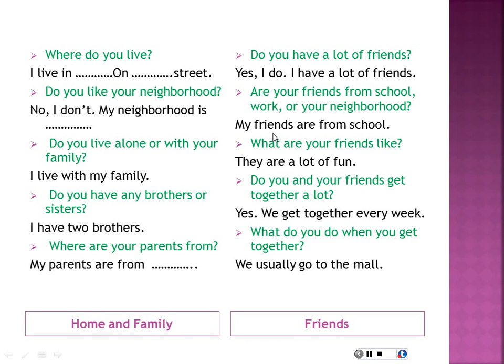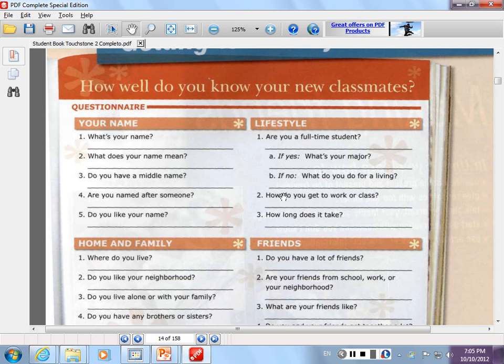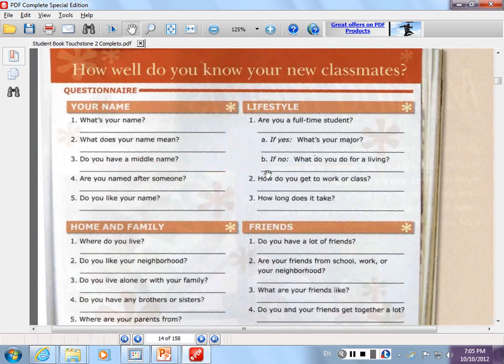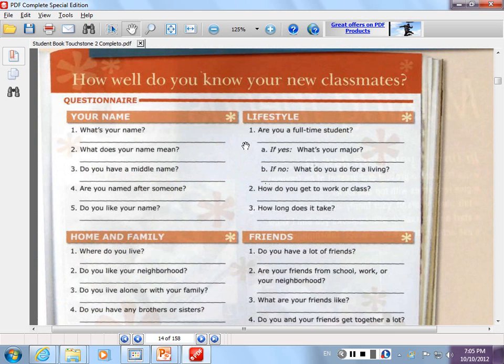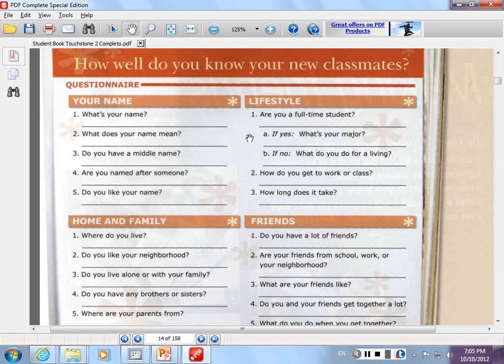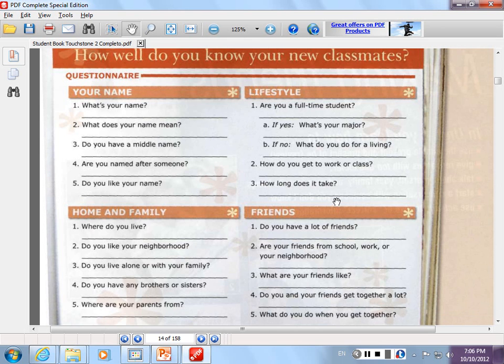Okay, so those are the important questions that we need to ask about. And you can find them in your book, after the first page of the unit. You can write your own answers. بإمكانكم كتابة الأجوبة الخاصة بكم، وهي قد تختلف من شخص إلى آخر. So those are the questions to ask about names, about home and family, lifestyle, and